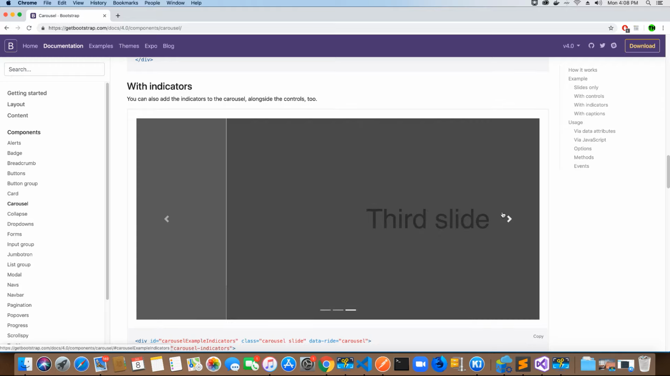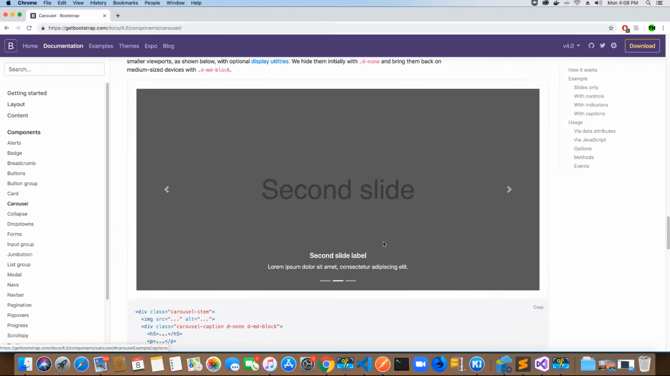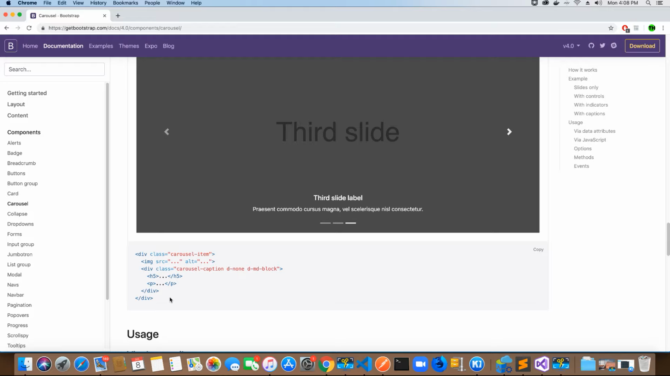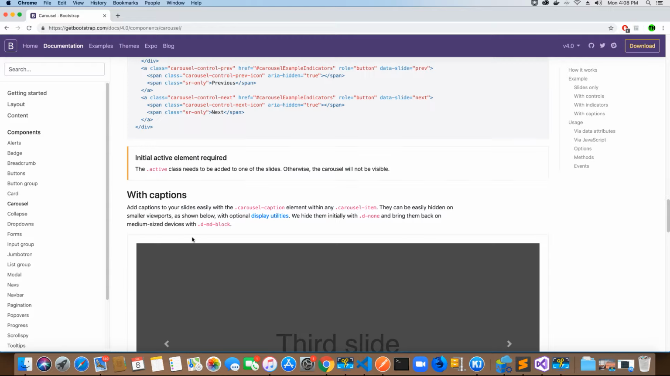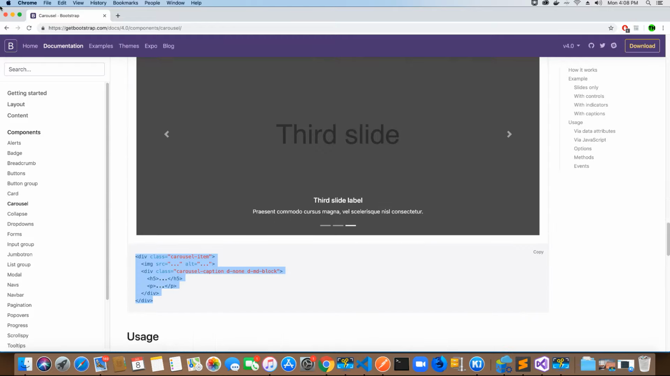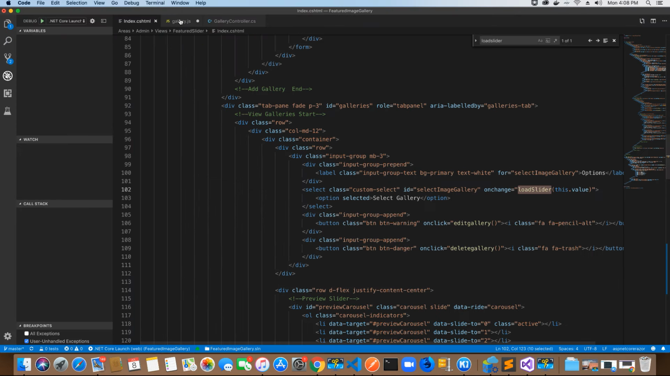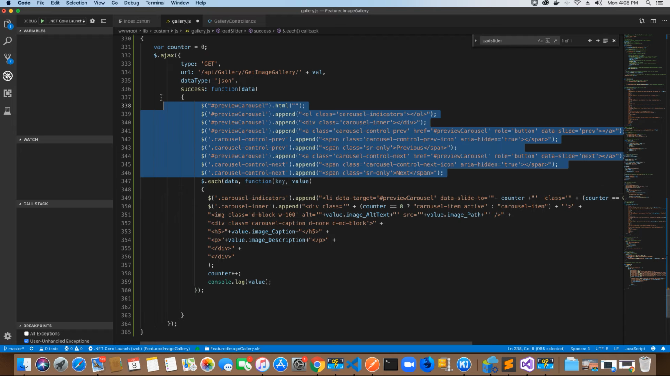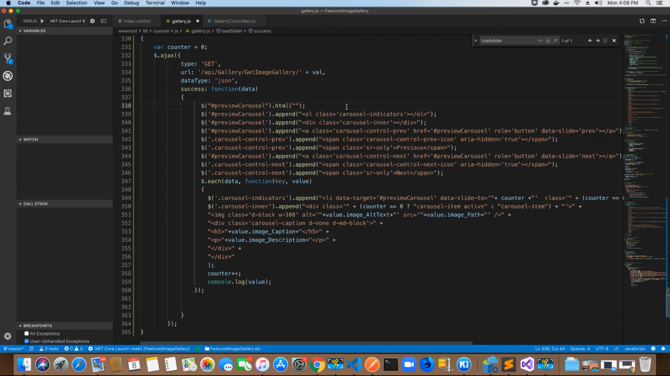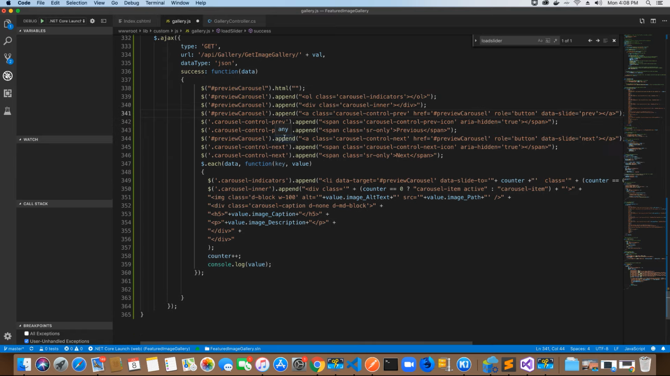So this is one of the carousels that I have selected. This is the one here which has some description and title. So I'm using this carousel. All I'm doing is using the code that is provided by Bootstrap. Instead of adding that code manually in the HTML, I'm dynamically creating that code using jQuery. I'm concatenating the values inside the carousel by using the append method, and I'm actually building that HTML